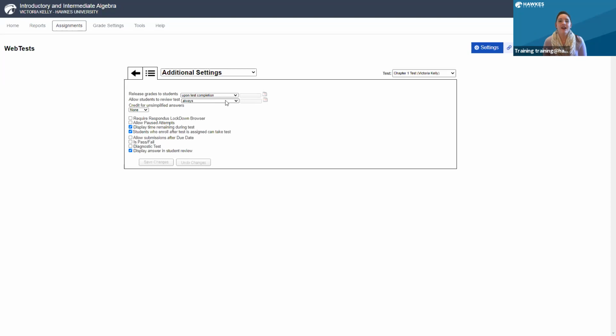All that being said, I just want to clarify that by default, the answer is displayed in the student review, which is of course very helpful when the student is reviewing that test, but something you may consider if you have the test open for a long period of time, you may consider just allowing the student to review the test after the end date and time of test. And that's just going to ensure that all of the students have submitted their attempts and they can't share answers or anything like that. So again, just looking out for the integrity of the test, and wanted to point that